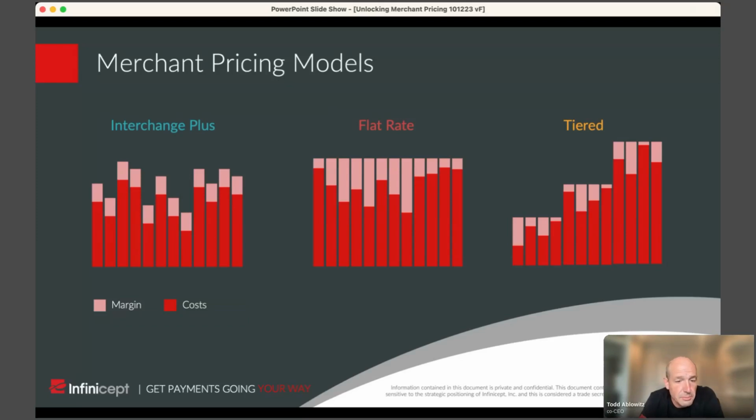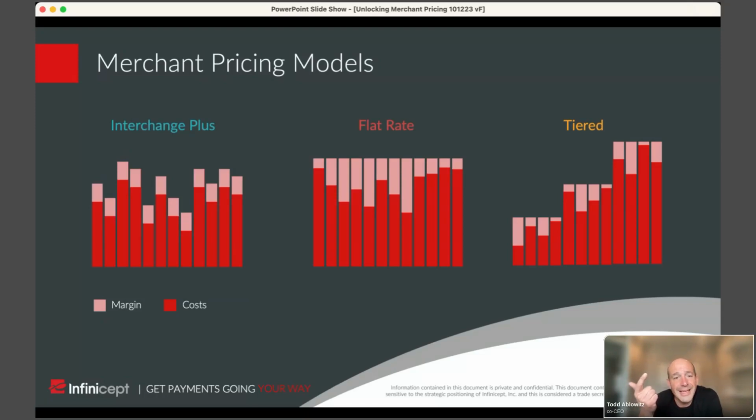And maybe I'll take a minute now and explain how interchange is set. Interchange is, first off, what kind of merchant. The merchant category code is in every transaction. So the merchant type is known. Schools have different interchange opportunities than hotels, which are different than retailers, which are different from government and other verticals. So the first thing is the merchant type.